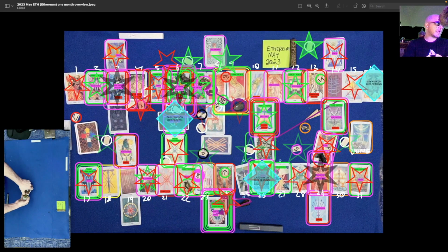The overall theme and behavior for Ethereum in the month of May: we have a prominent move higher, breaking through a resistance level that's important on a 1 month scale at least. We stay above it briefly, and then we break back down through the same price level shortly thereafter with a full retracement. It's the type of behavior where we're bumping along resistance, possibly breaking through, but bumping along